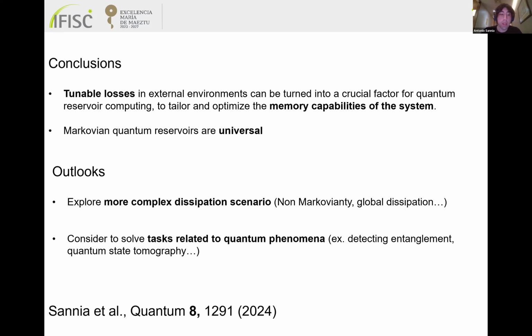And we tested it in linear tasks. So this kind of tool we found is useful in different regimes, and also in forecasting time series, as I said. And we also found the necessary condition for having universal confidence intervals. As outlooks, we would like to explore more complex dissipation scenarios, for example, exploring the non-restrictive regime, and